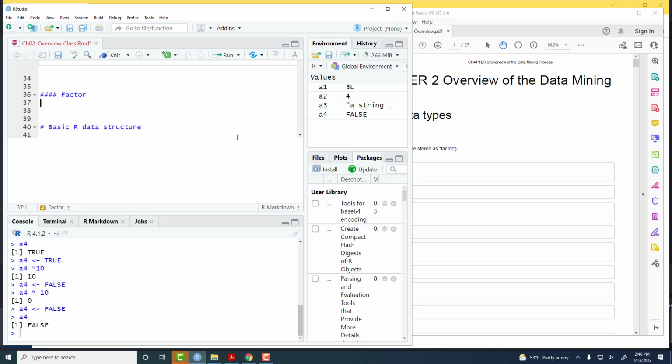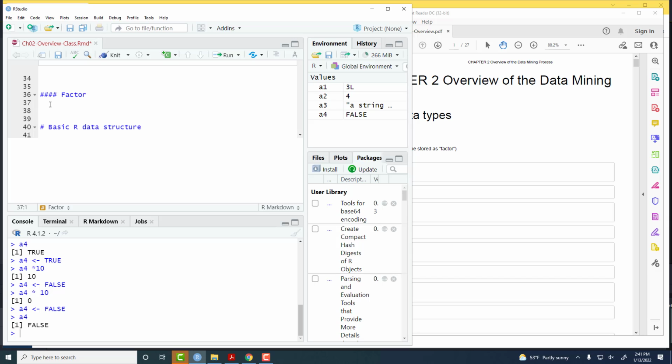Like majors, accounting, management, finance, and so on. So you have only few, but you have 20,000 students' records. There are only the values, distinct values are only few, 4 or 5. So then you can set that up as a factor. Okay, so let's